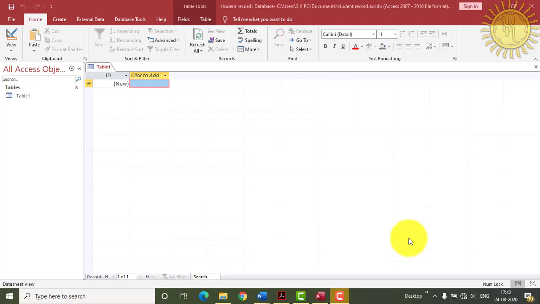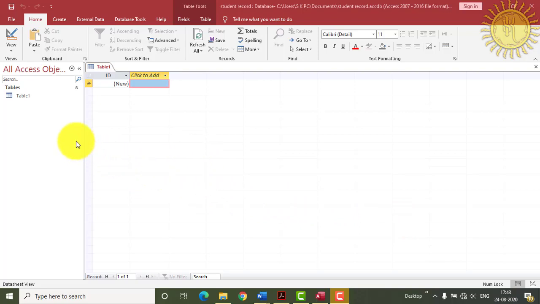Now the next is views of a table. In MS Access there are 2 ways by which data can be entered in a table, that is datasheet view and design view. How can you see this?